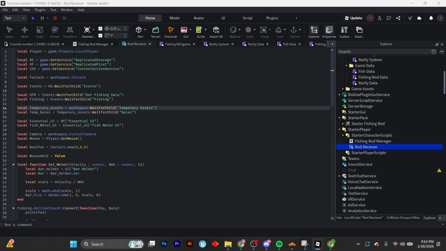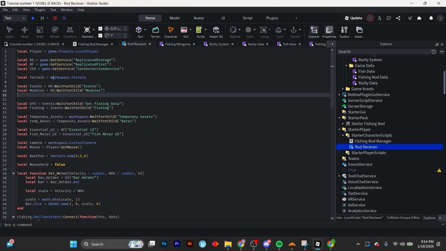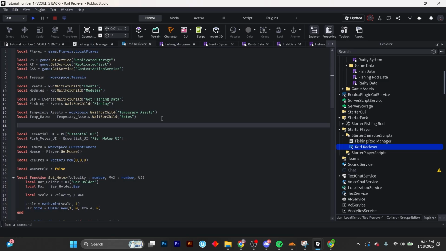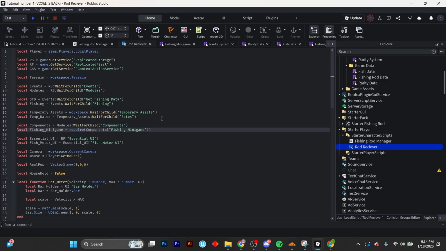So we'll add this modules variable next to events, and then we need to add the fishing minigame module script so that we can require it, and then we can use the fish function to start the minigame. So we'll add that,